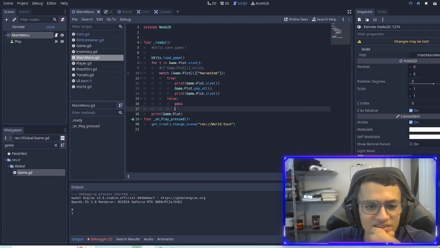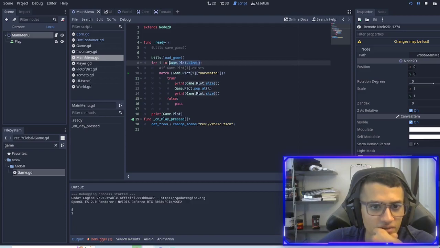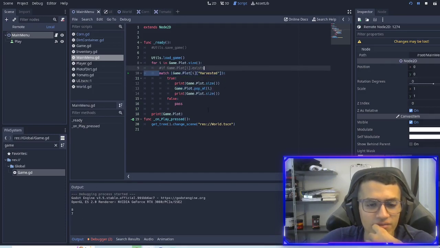What's happening is the game, okay, so we're for looping in our size, which is originally 8, correct? And we're popping it, and the size gets reduced, right? Because the size got reduced, we're now getting an invalid index at 8 because we're still trying to for loop all the way until 8, right? So what we can actually do,